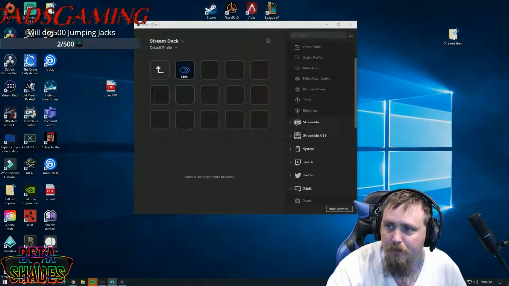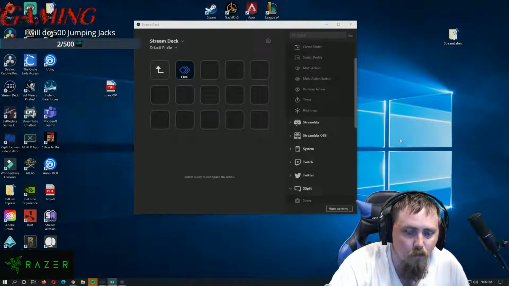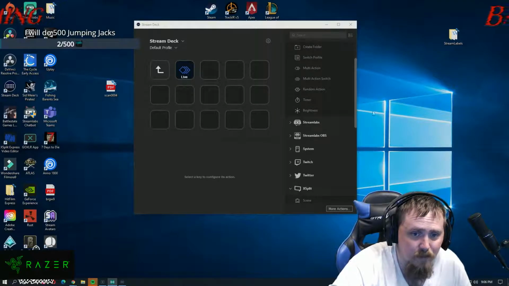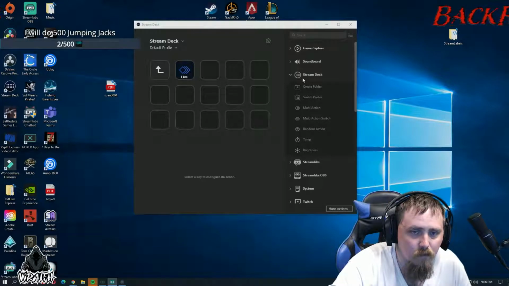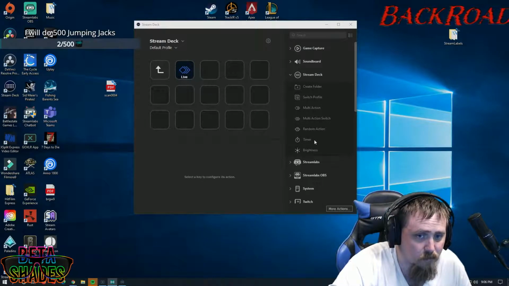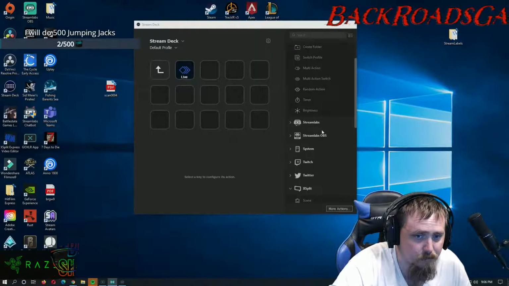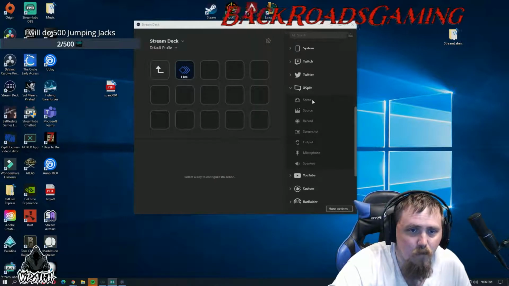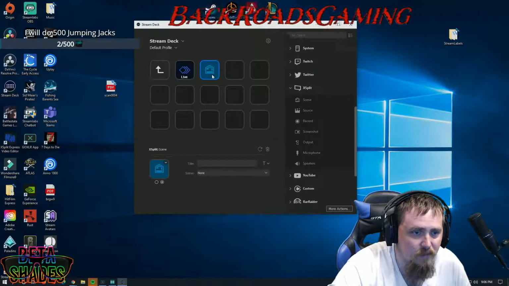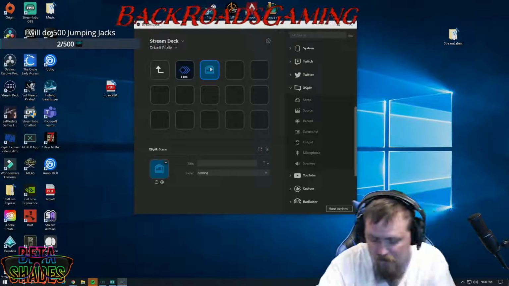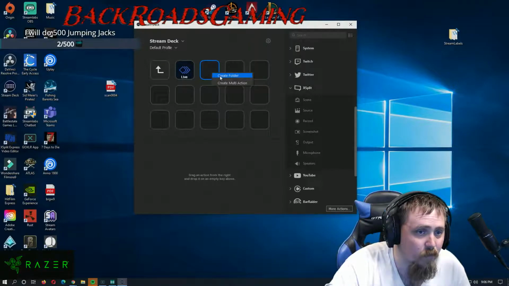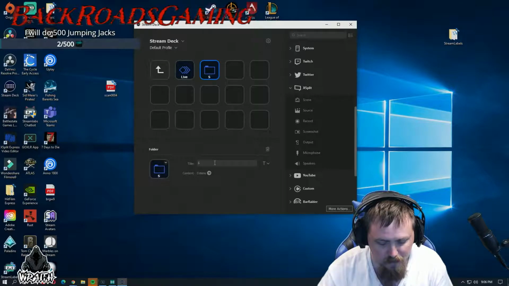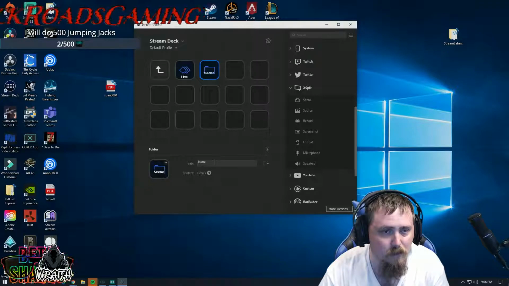I like this. Now, we're also going to build in a couple other functions that are really nice. You're going to be using delays. You're going to be using multi-actions. They also have random actions, which are kind of trippy too. But we're going to throw a scene button in here. And actually, we're going to delete that. We're going to create a folder, and we're going to call it Scene